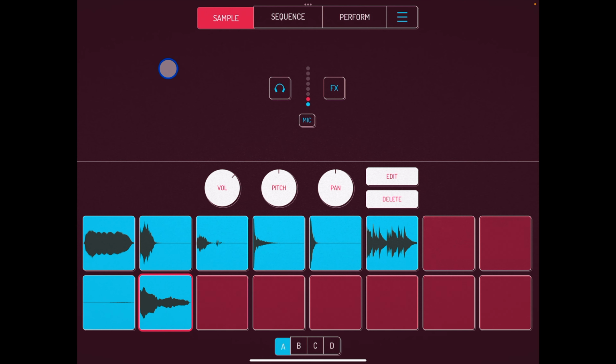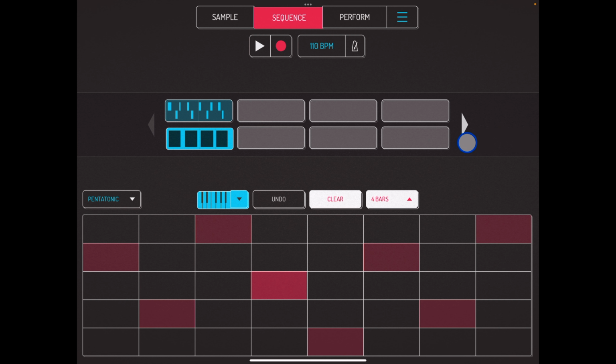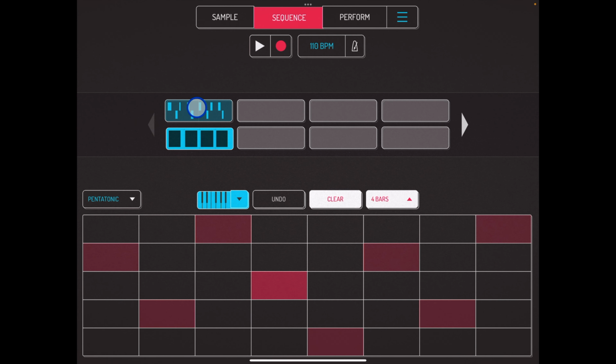Okay. After you've captured all the samples that you want, you can sequence them. And there's up to 32 slots to create 32 different patterns. And a pattern is really easy to record. Essentially, up here is an example. If you play it,